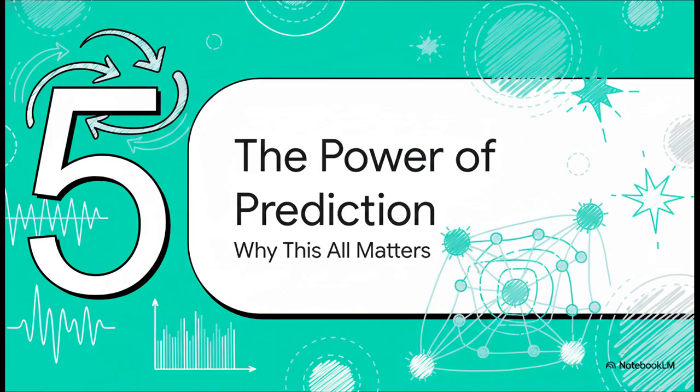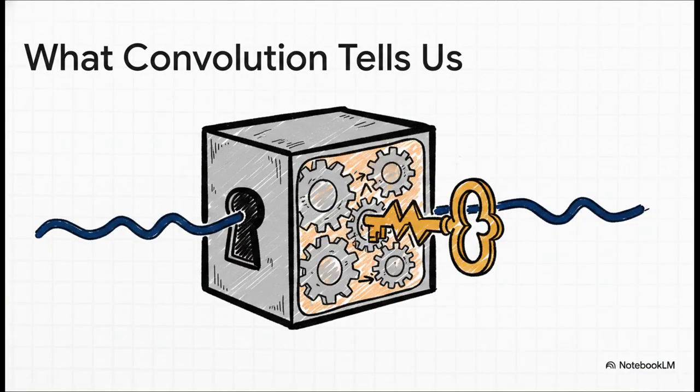So, after all that flipping and sliding and finding areas, what did we actually accomplish? Well, this is where we get to see the true power of this entire concept. So what does convolution really tell us? It's the mathematical engine that describes exactly how an LTI system transforms an input. You can think of it as a dynamic measurement of how much the input signal is overlapping with the system's own character, its fingerprint, over time. And here's the biggest takeaway. It means that if you can find that one single impulse response, you've unlocked the ability to predict the system's output for any input you could possibly throw at it. The mystery box is solved.